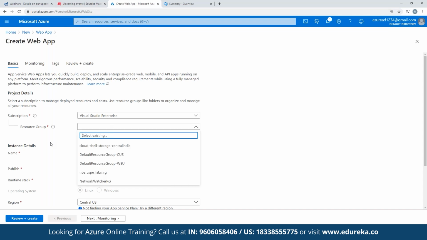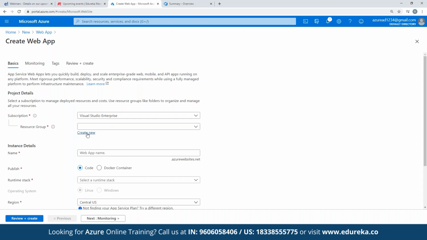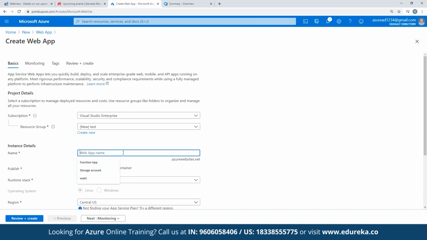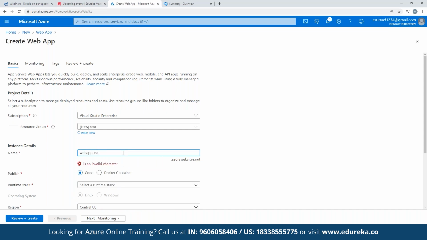We have resource groups which are already available. If not, you can create a new one. You can name it test resource group. And your web app, you can also name it web app test, which was already taken. So give it a unique name, just for testing purposes.